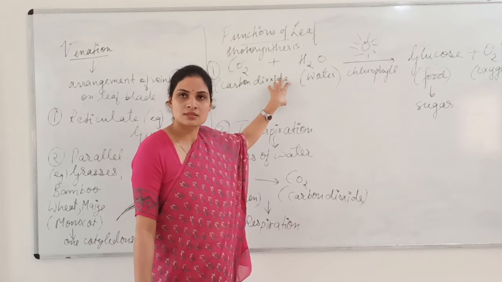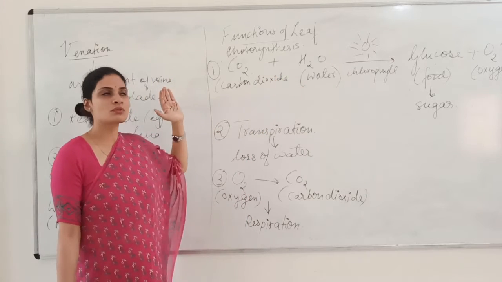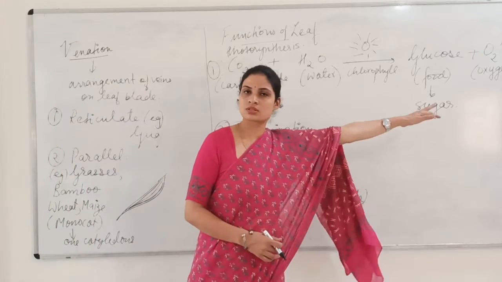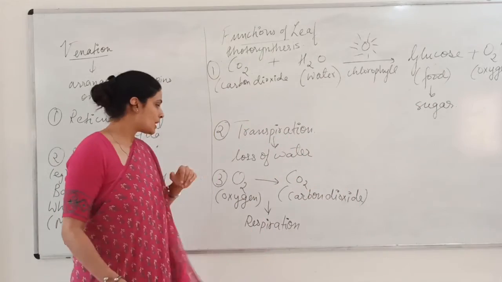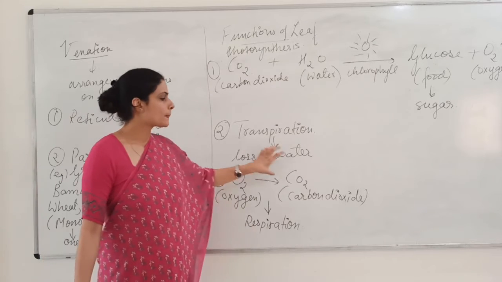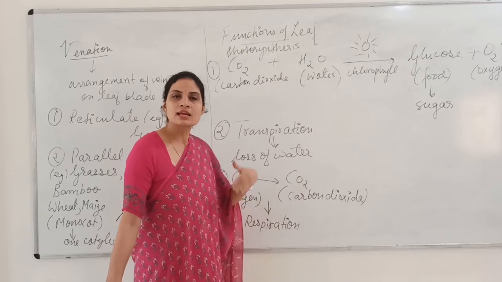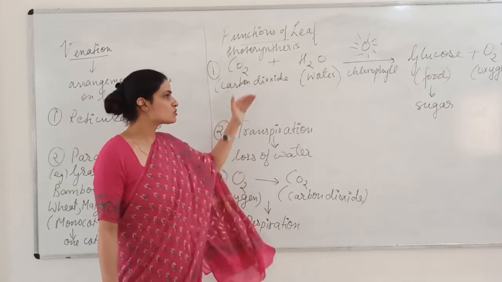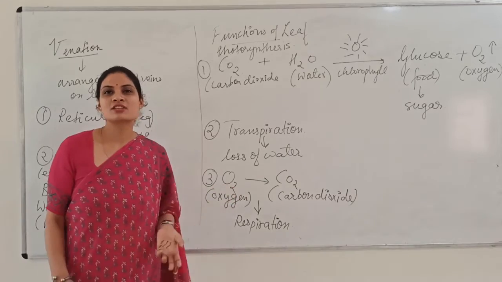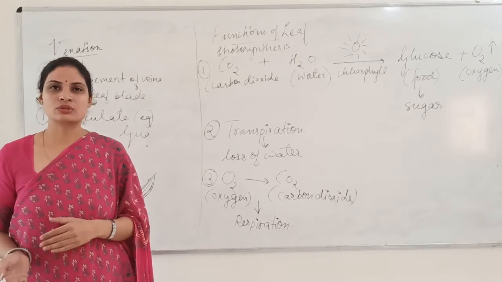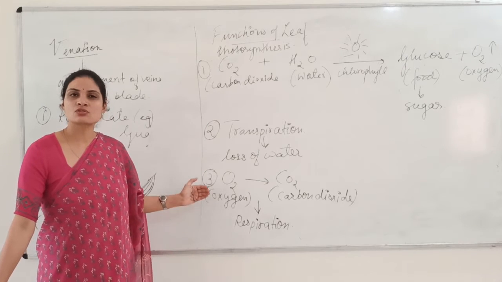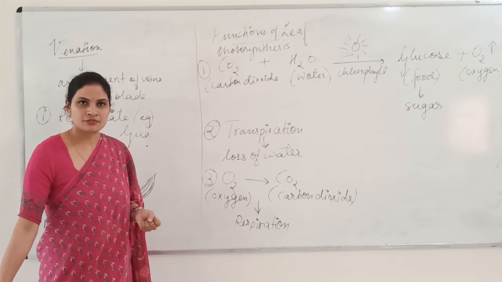of photosynthesis. But in the process of photosynthesis, carbon dioxide is utilized and oxygen is given out. But in the process of respiration, oxygen is utilized and carbon dioxide is given out. So by these, that is photosynthesis and respiration, the amount of these two gases is maintained in the atmosphere. So these are all very important functions of the leaf.